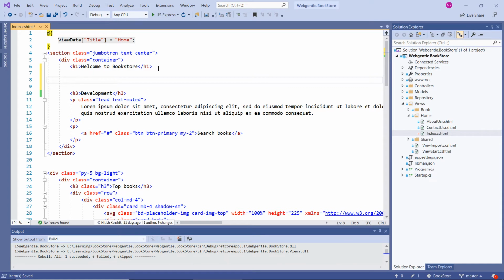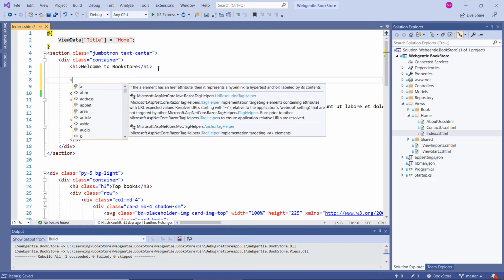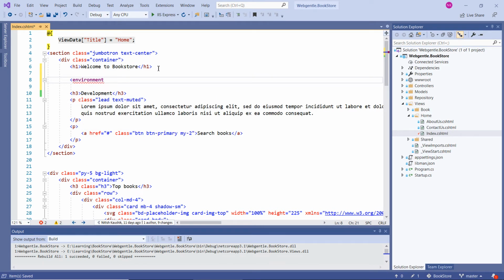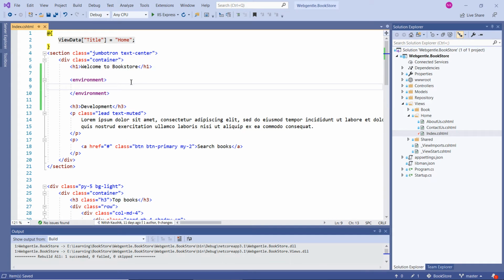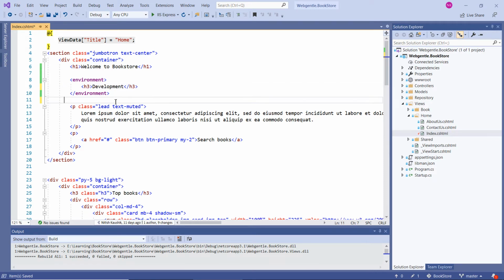So we have to use the environment tag helper, and this is how you can create an environment tag helper. Let's put this message inside this environment tag helper. And how will this environment tag helper identify the current environment? It identifies the current environment based on the attribute value that we provide over here.